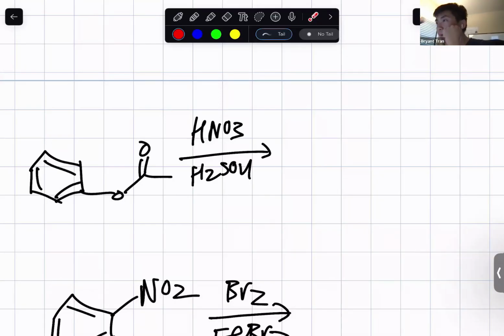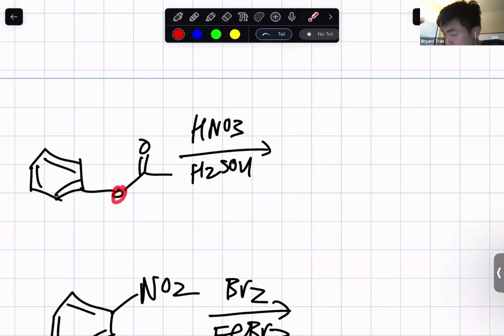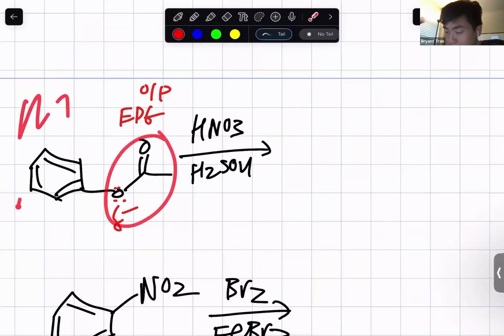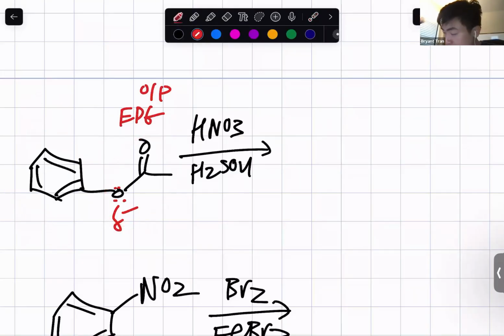Okay. So we see that this benzene here has this group, which is an EDG, because if you look at the first atom attached to the system, it is partial negatively charged with 2 pairs of electrons. And because it's an EDG, we know it's an ortho-para director, right? And because there's only one group here, we don't have to worry about any other groups, any competition here to